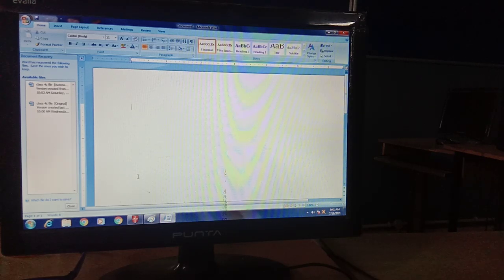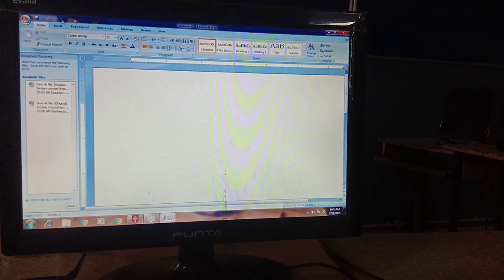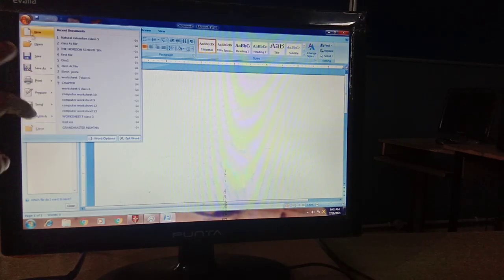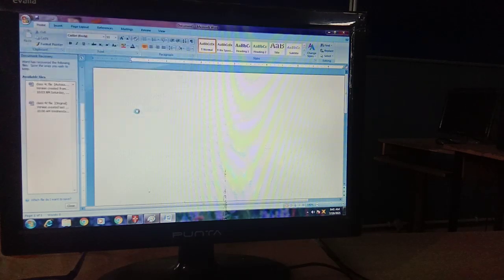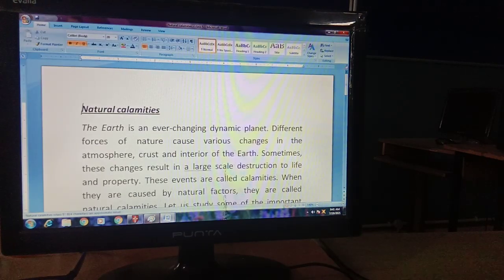Now we have already learned about changing the font type and making text bold, italic and underlined. So let's learn more things today. Let's open our existing document first. How to open an existing document? Just go to the Office button, you know that very well, and go to the Open option, or press Control plus O keys together. Here is the one document that I have created for explanation purpose only. In this paragraph we will learn different things in our Microsoft Word.